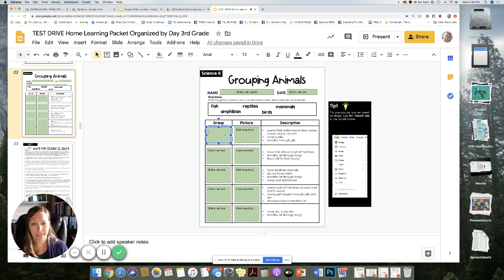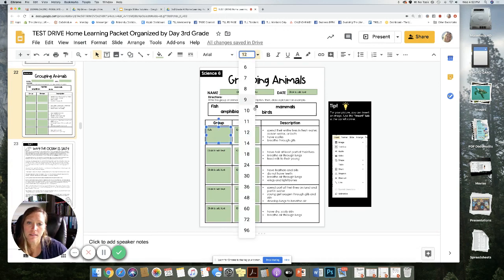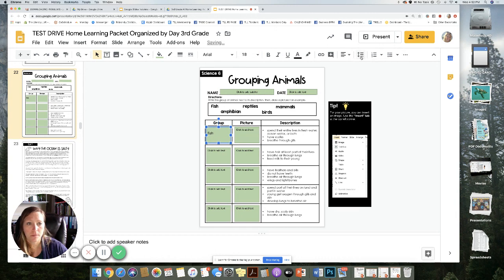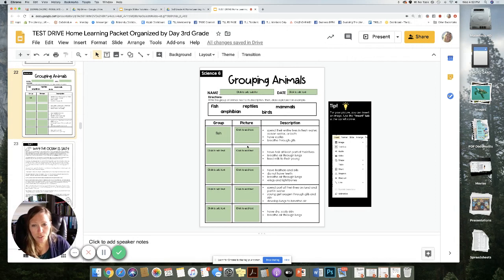So let's see, spend their entire lives in fresh water. Oh, those are fish. They can change the size if you wanted it to be larger. I'm going to put it in the middle. So, fish. And in the paper version, they would draw a picture,